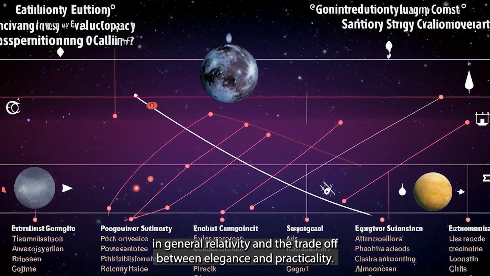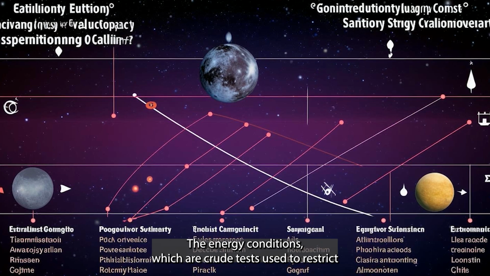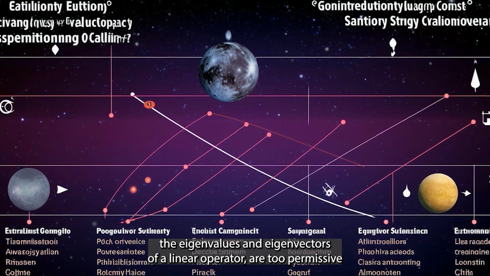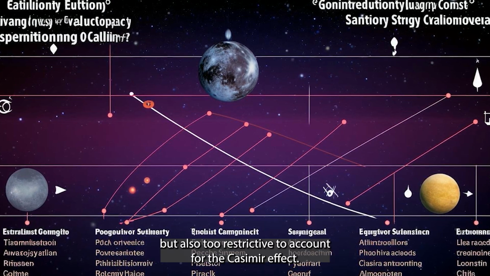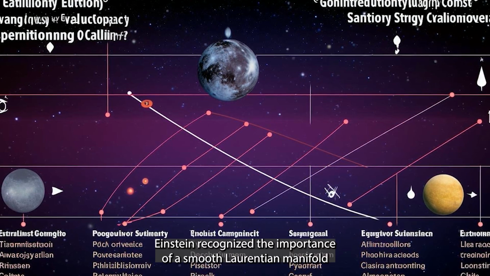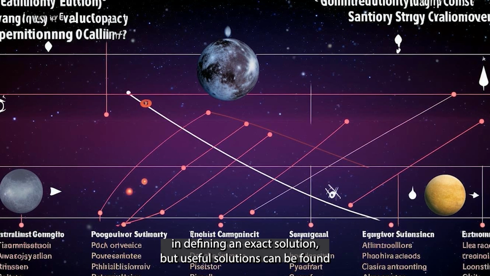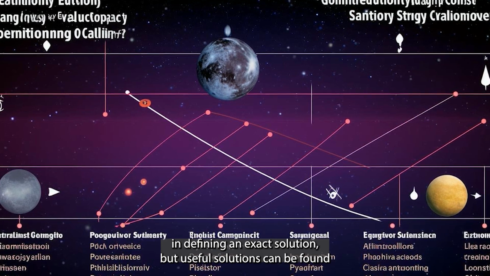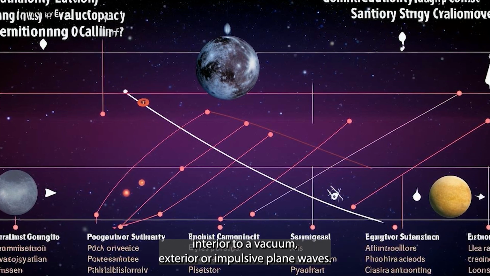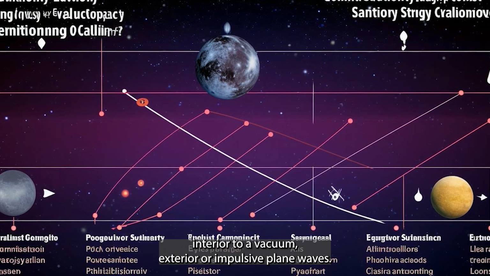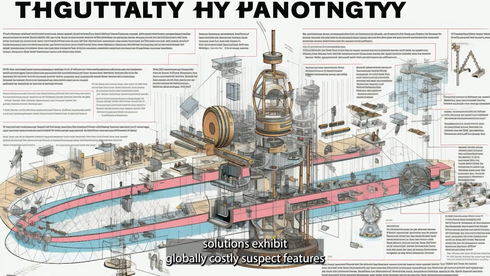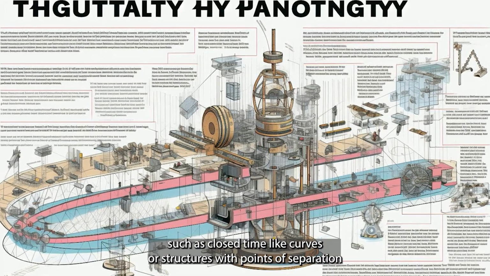between elegance and practicality. The energy conditions, which are crude tests used to restrict the eigenvalues and eigenvectors of a linear operator, are too permissive to be physically reasonable but also too restrictive to account for the Casimir effect. Einstein recognized the importance of a smooth Lorentzian manifold in defining an exact solution, but useful solutions can be found that are not smooth, such as those created by matching a perfect fluid interior to a vacuum exterior or impulsive plane waves. However, many exact solutions exhibit globally causally suspect features, such as closed time-like curves or structures with points